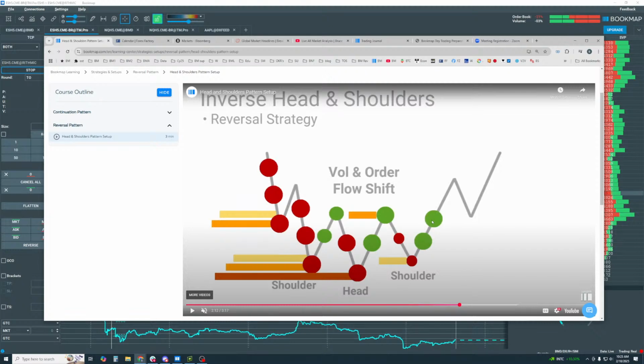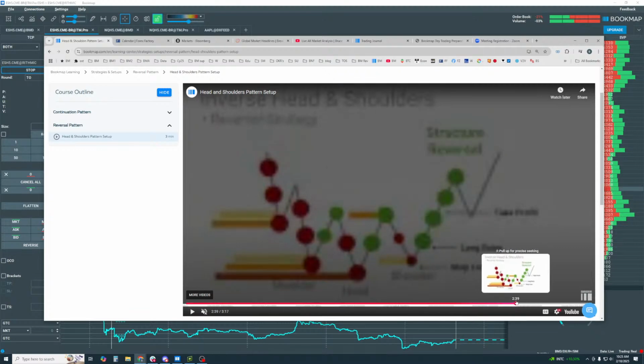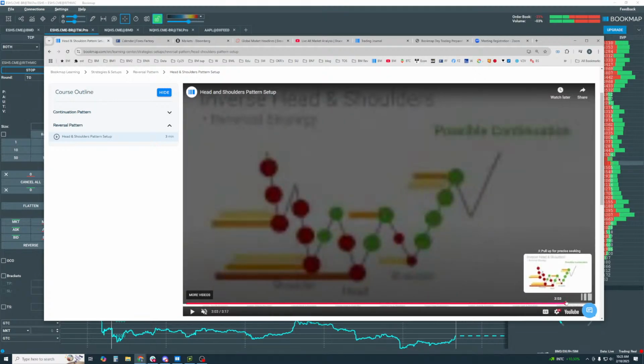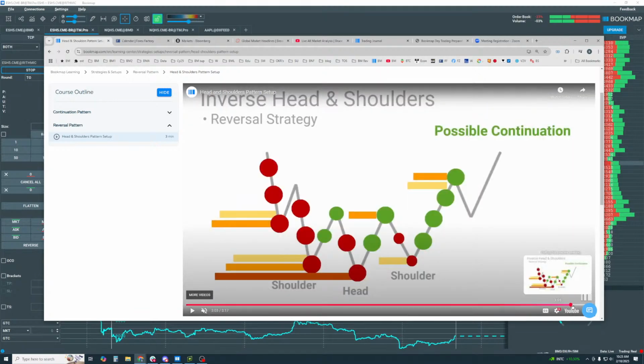At this point here, buyers can take control massively. Okay, and that's where we'd look for the move up higher, a pullback and a bounce off of that little structure here, and that can turn into a continuation pattern. All right, that would be your reversal.